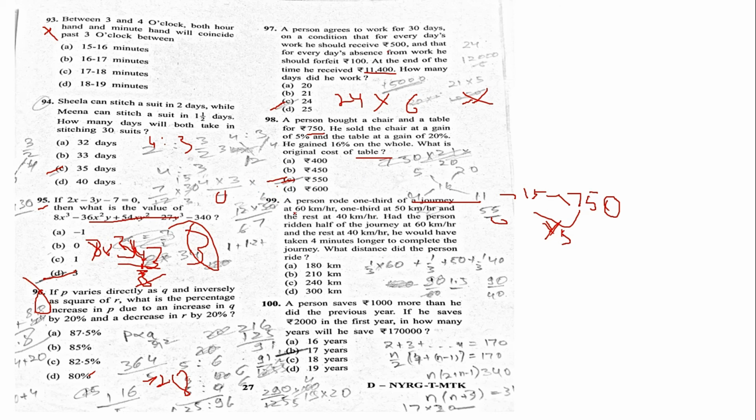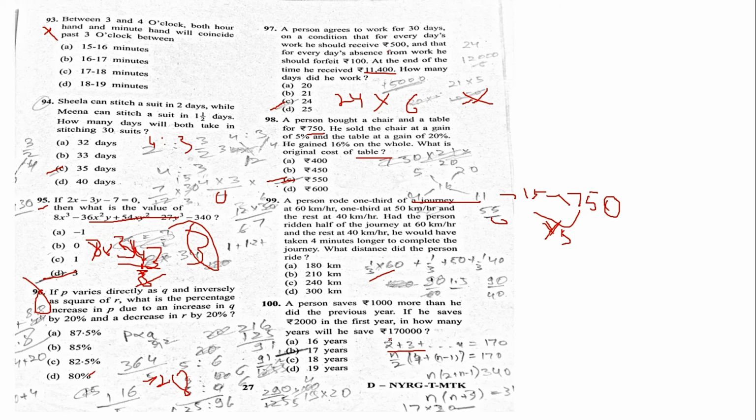Now the 99th question, person rode. So in a hurry I was not able to do this. I have tried, but the paper was over. The last question I did was the 1,000 more than one. Okay, the right option, this one can be calculated